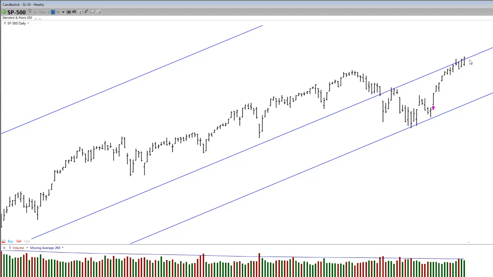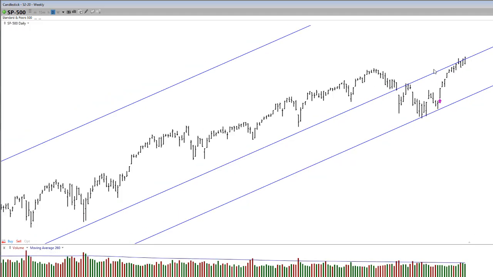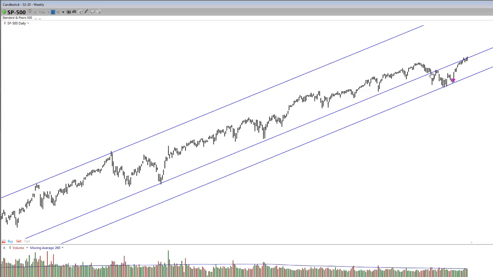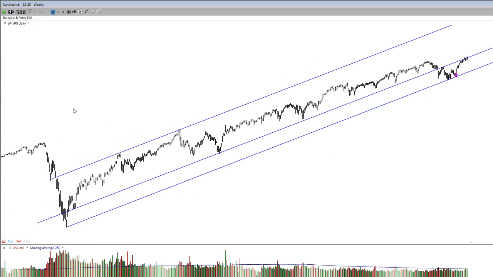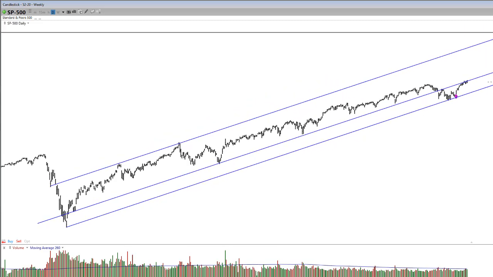So we can see we're having a resistance right here. But here's the exciting thing. Once we break this resistance level, then the other side of this major channel, see this other side, this is the next parallel trend line, that was the support, resistance. So we know this angle is also a valid angle as well. And the exciting thing is once we break this level here, then we should start to make our way back up towards, I've always had a 5,400 target.